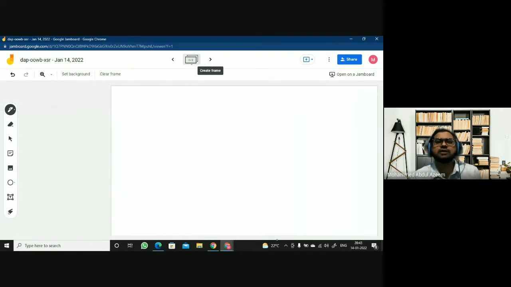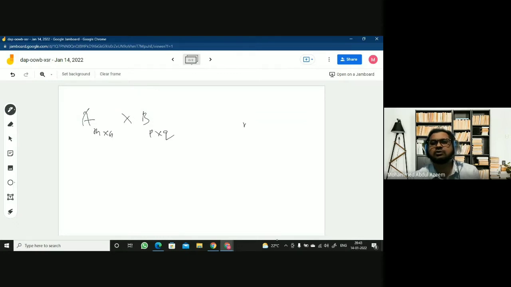But otherwise, if you have, let us say, the matrix A order is m by n, and you want to multiply with B, where the order of the matrix B is, let us say, P by Q, then the condition must be n should be equivalent to P. Yes or no? This condition must be satisfied.